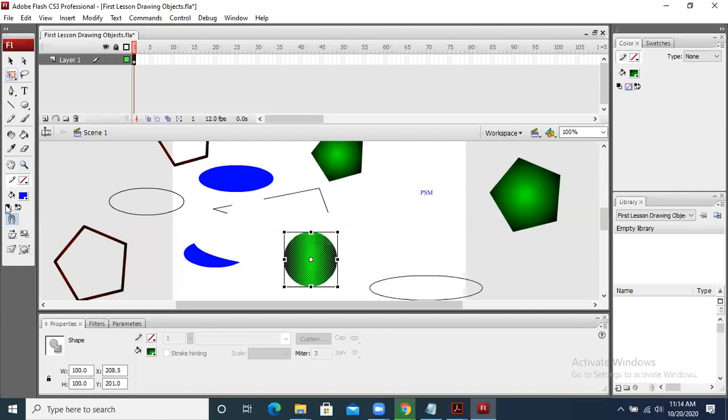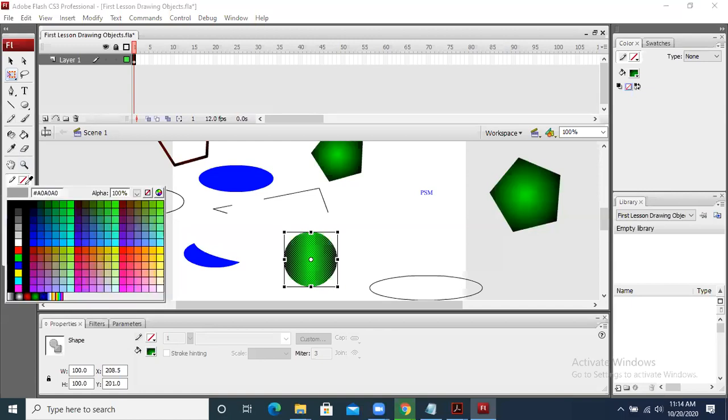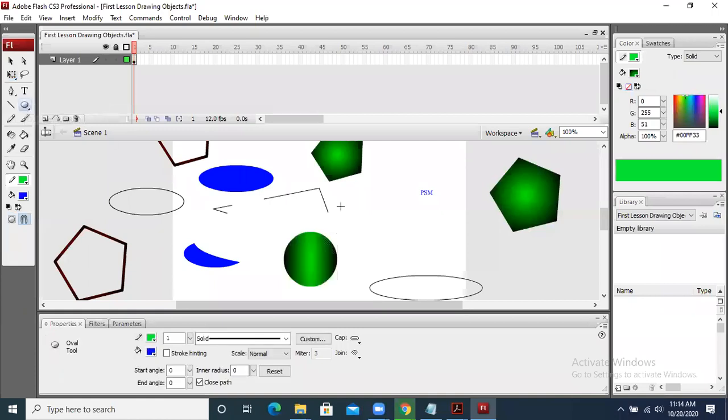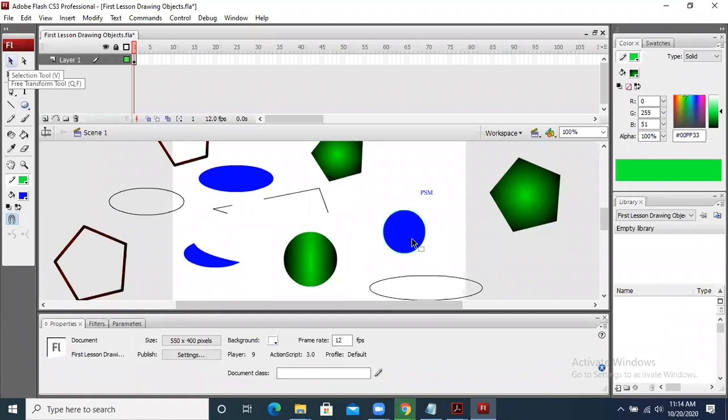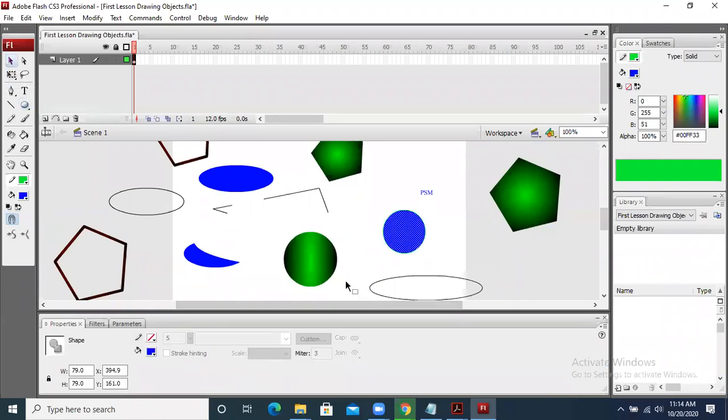If I take an object, let's suppose an object with the line, if I draw an object, the line is also there with it. Can you see that the property window has now changed? It is showing you the line thickness. Line thickness is 2. If I change the line thickness to 5, then the line thickness will be changed and you will be able to see that.